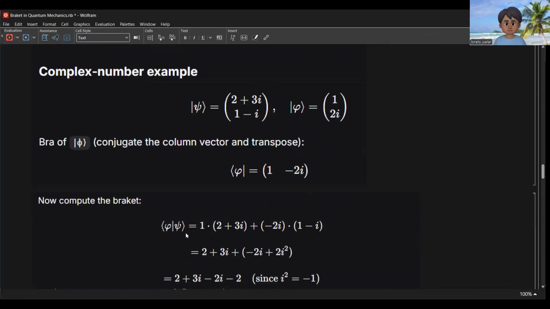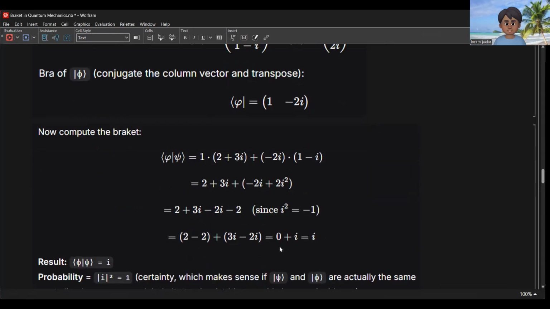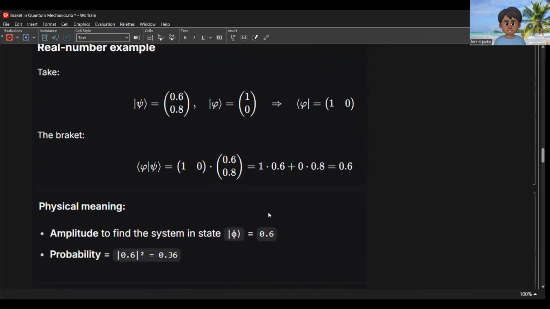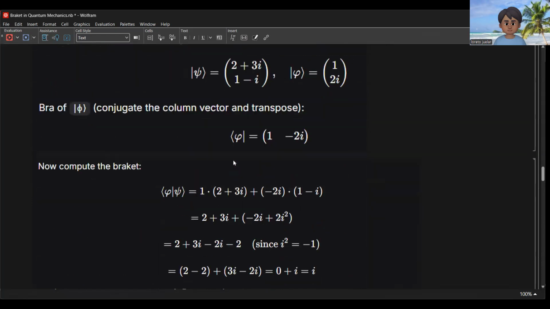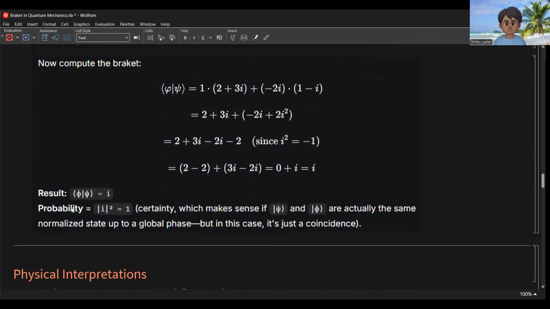Now compute the bracket. We multiply this row vector by this column vector here. So the answer here is equal to i. By using the same procedure for how we multiply the two matrices, the product here is equal to i. So we have the result equal to i. So the probability here is i squared, equal to 1, so certainty,